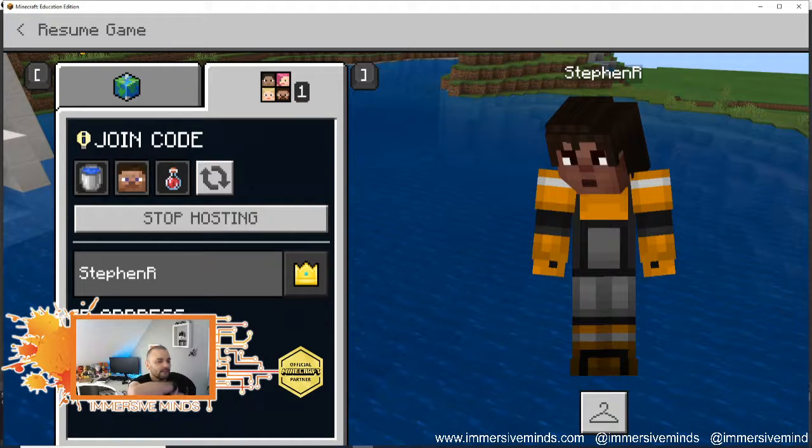Fix this join thing with this multiplayer, and man, I cannot do it. I've tried everything. I've tried static IP addresses. I've tried port forwarding. I mean, there's my IP address. I've tried default gateways. I've tried assigning new default gateways. I've tried wireless. I've tried wired. I have tried everything. And what is really bizarre about it,